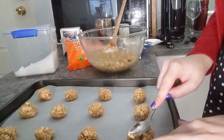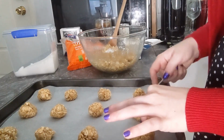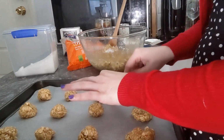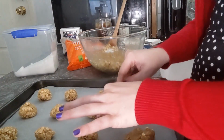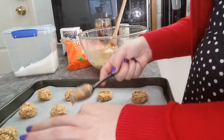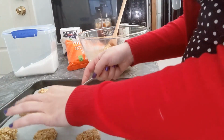So now that we have our biscuits rolled out, you want to take either the back of a fork or the back of a spoon and flatten them out on the tray a little. They are going to puff up a little bit, and we are going to have to flatten them out again a little bit more than halfway through the baking process, but doing it this way gives them that pre-flattened look. It'll be a little bit easier, and you don't have to worry about them puffing out too much when they're